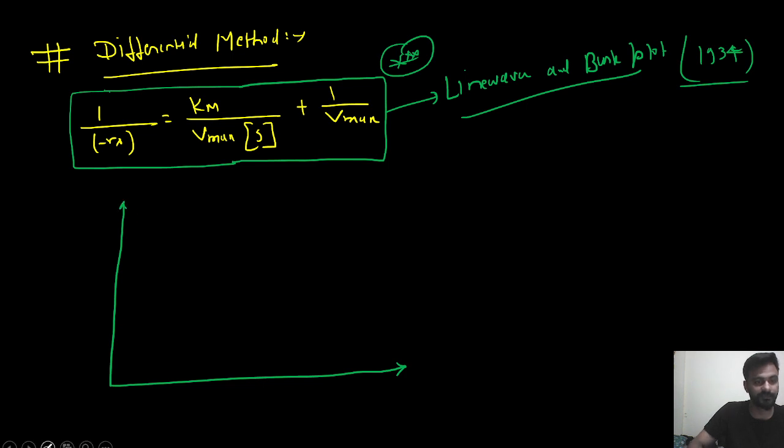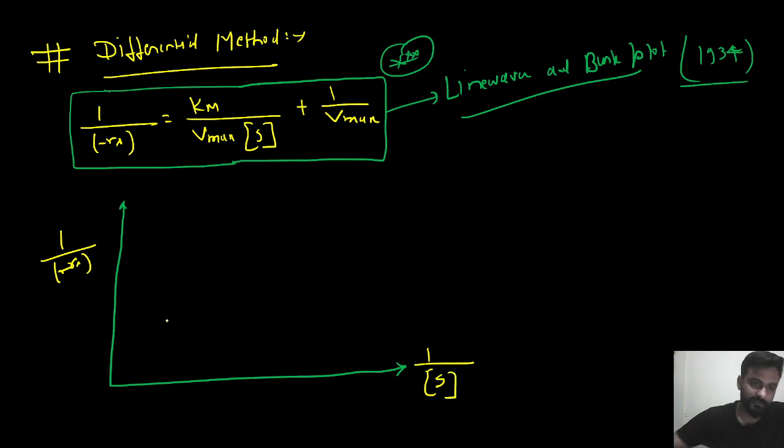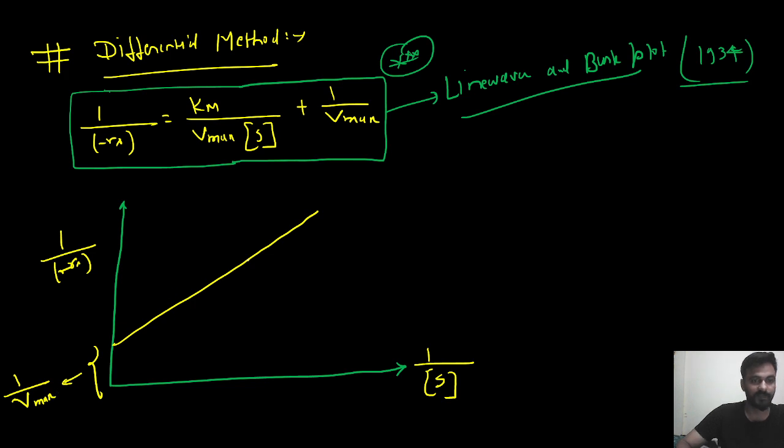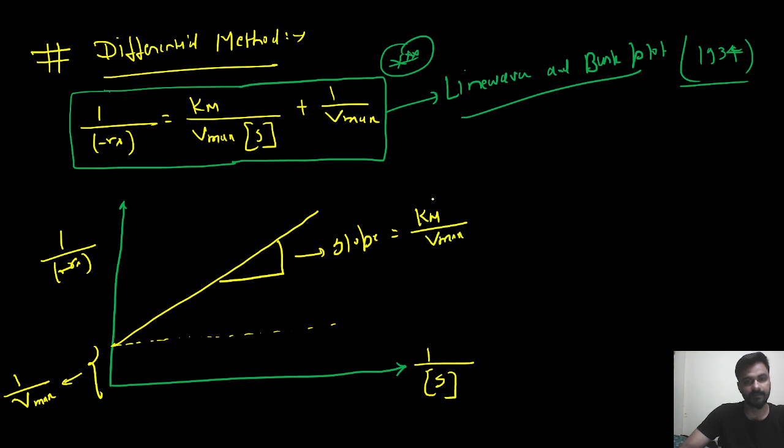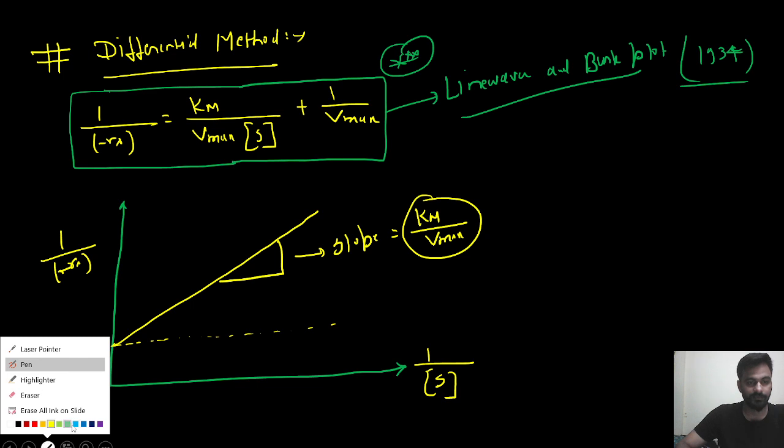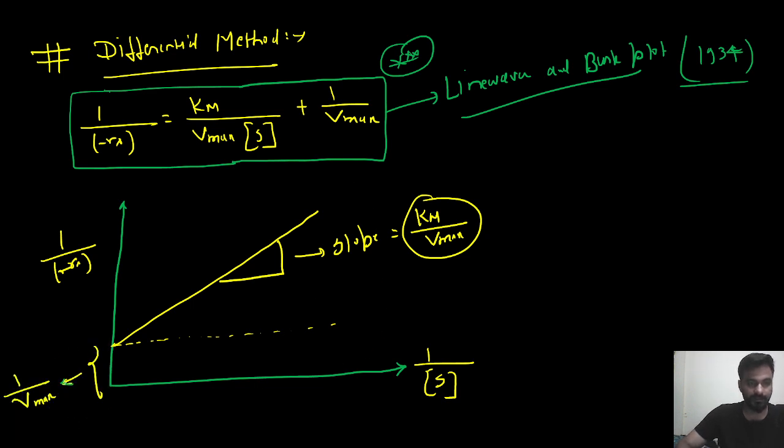What types of questions can you get? Let's try to understand. If I am drawing 1 upon minus Rs versus 1 upon substrate concentration S, this plot will also be a linear plot, and the intercept will be equal to 1 upon maximum rate Vmax, and the slope of this plot will be equal to Km upon Vmax. So if this plot has been given in the problem, you can calculate the intercept from here. The intercept will give you 1 upon Vmax, and you can calculate the slope, and from there